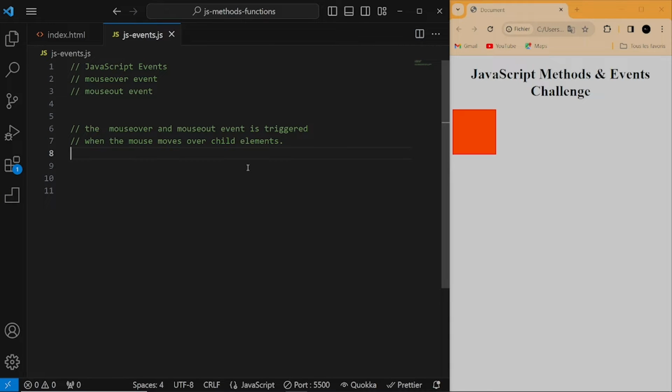Today we are going to start looking at the mouseover and then the mouseout event. Basically, the mouseover and mouseout event is triggered when the mouse moves over child elements. Well, this is very simple to understand, but before we actually start coding, let me show you what I have